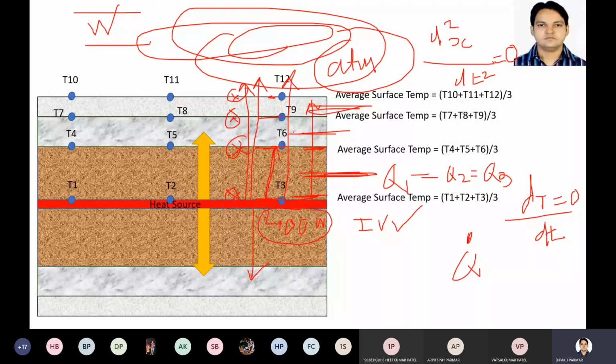So heat transfer happens at the same rate, but because of its conductivity, you are finding different temperatures here. You can see the heat transfer in each wall is the same, but the temperature difference here is 150, here is 143, and in the last case, as your conductivity is less, it is more of an insulating material. Though your heat transfer rate Q3 is the same, your temperature difference is less. So in a steady state condition, we can write this. When it is a transient condition, when your temperature is varying with respect to time, we cannot consider Q1 equal to Q2 equal to Q3.